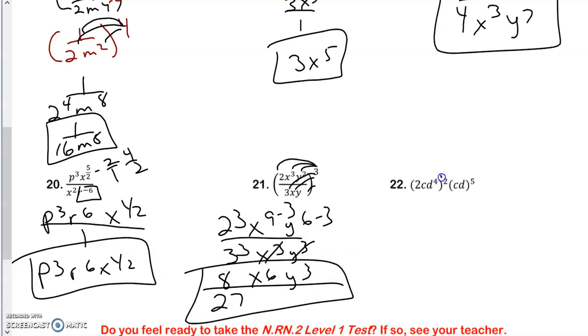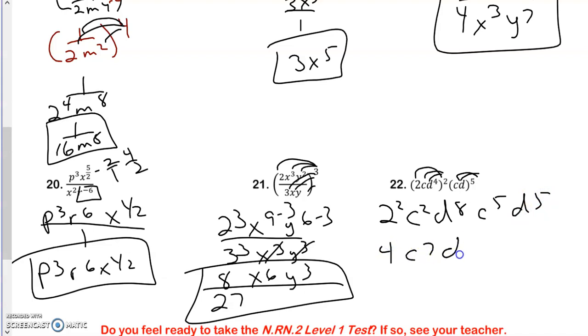And finally, I'm going to distribute. And I'm going to get 2 to the second, c to the second, d to the 8th, c to the 5th, d to the 5th. Then I know 2 to the second is 4. 2 plus 5 is 7 in c. 8 plus